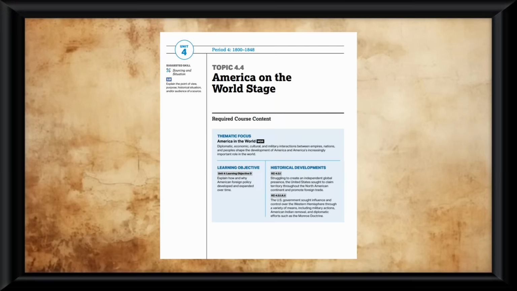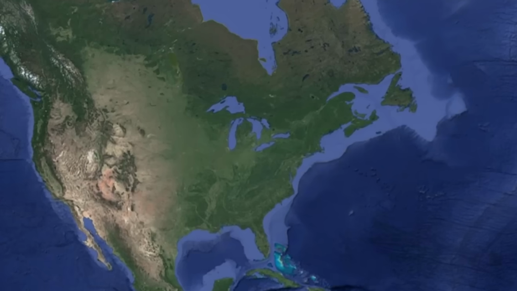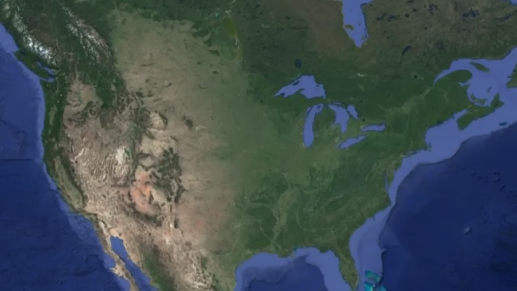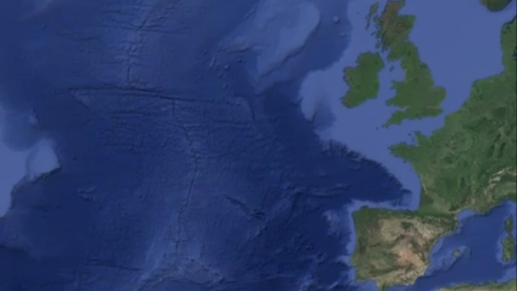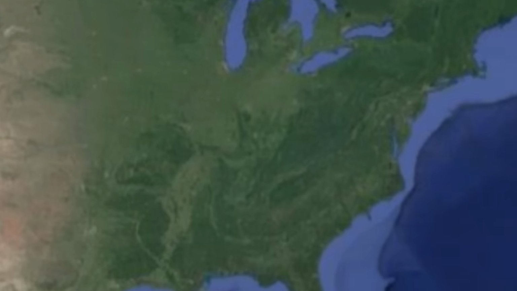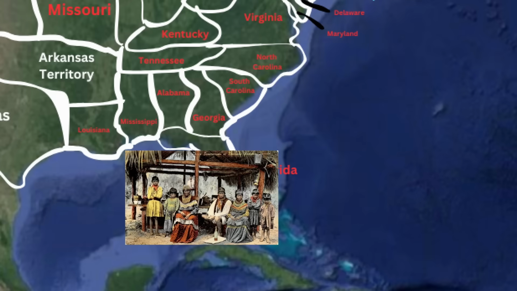Topic 4.4 is about America's relations with other countries throughout the beginning of the 19th century. So it's fair to say America was struggling in this time to create a global presence. Turns out, inciting a revolution to create a nation doesn't get respect from other nations that have been on the globe for much longer. The US tried to rectify this through things like the War of 1812, but they needed more land. What they did first was acquire Florida from Spain in 1819 under these two treaties, and they also started a war where they forced the Seminole tribes out of the Florida lands.